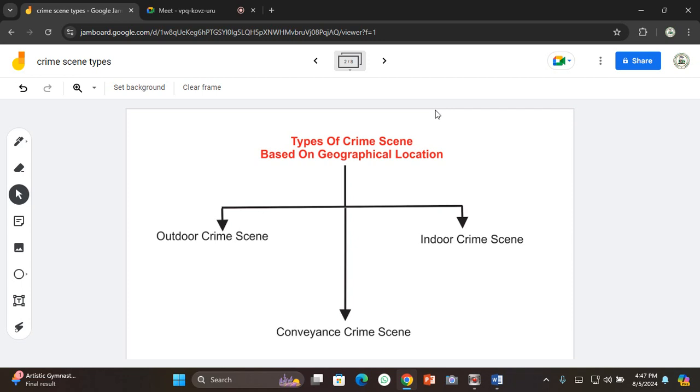Unlike the outdoor crime scene, which because of its nature, you will need a lot of forensic personnel so as to do the work on time, get all the evidence and leave the place before the destruction of the evidence. So in the indoor crime scene, you may need just a few forensic personnel. At times, one or two persons may be okay to do the work